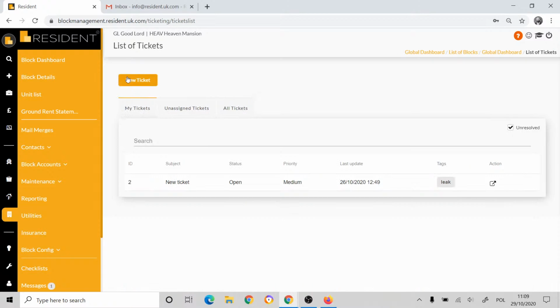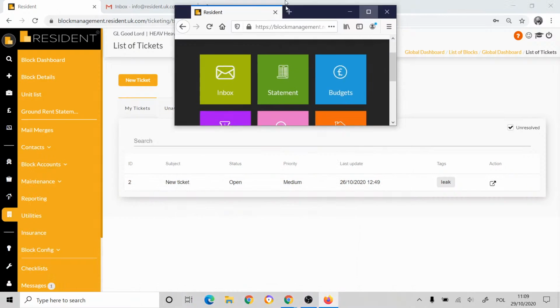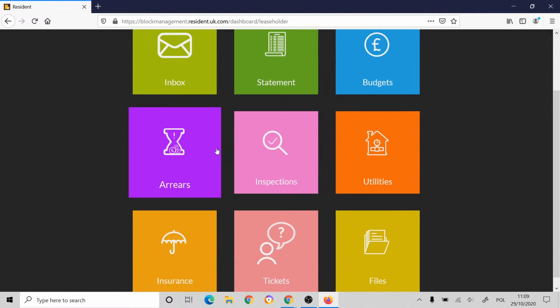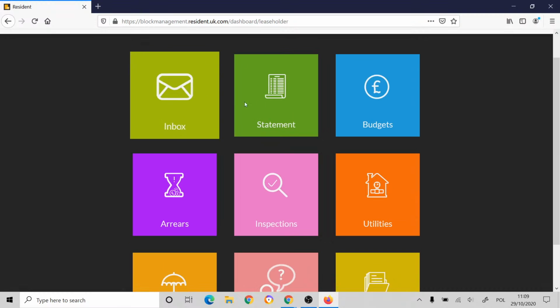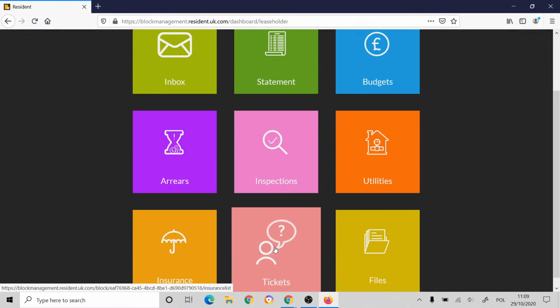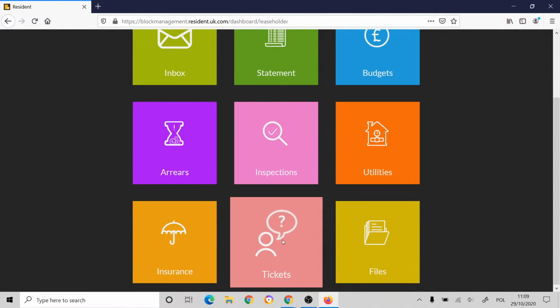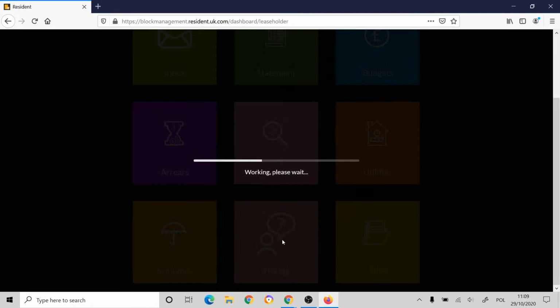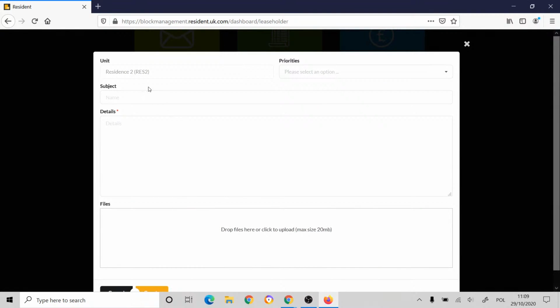So that's this section, and there is a button, of course, for a new ticket. Normally the tickets will be created from an email, or someone can log into the system. So I will just quickly show you the leaseholder dashboard. This is a leaseholder who logged into the system. They see their dashboard, with tiles, and they have a new tile called tickets. So I can click on that, and I could raise a new ticket saying